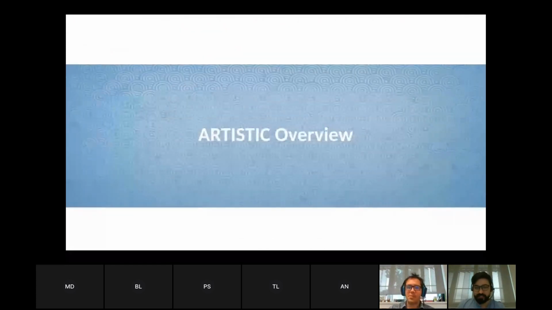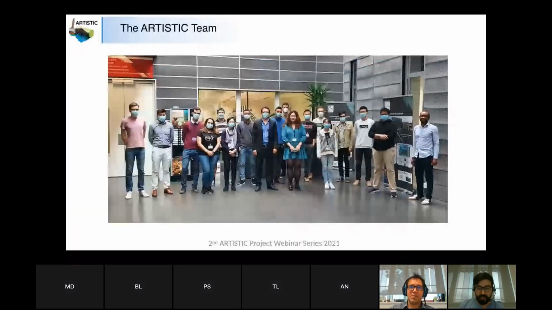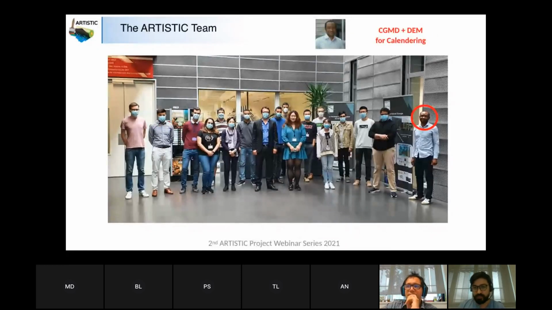So as I was saying, let's start with an Artistic overview, basically what we have seen this week. We have all these wonderful people here working in different aspects of the battery manufacturing process. And for instance, on Monday, we saw Avos discussing lattice Boltzmann models for electrolyte infiltration, right? Then Alain talked about many things, but here I'm very interested in what he showed about coarse-grained molecular dynamics and the use of